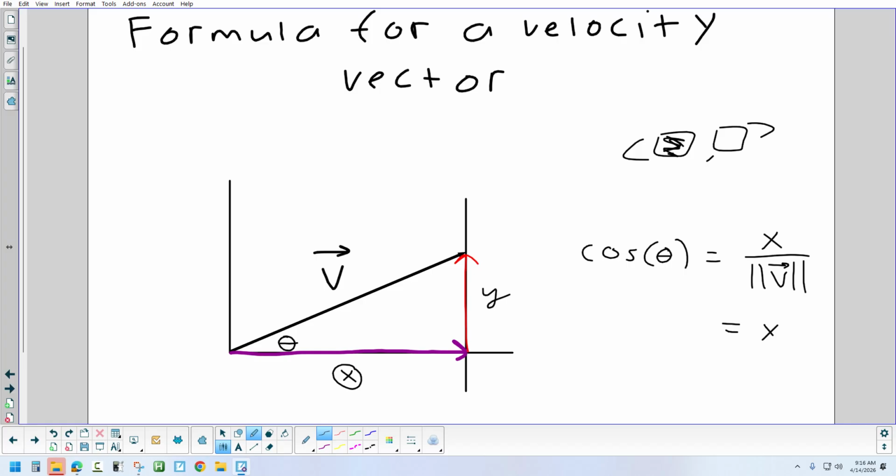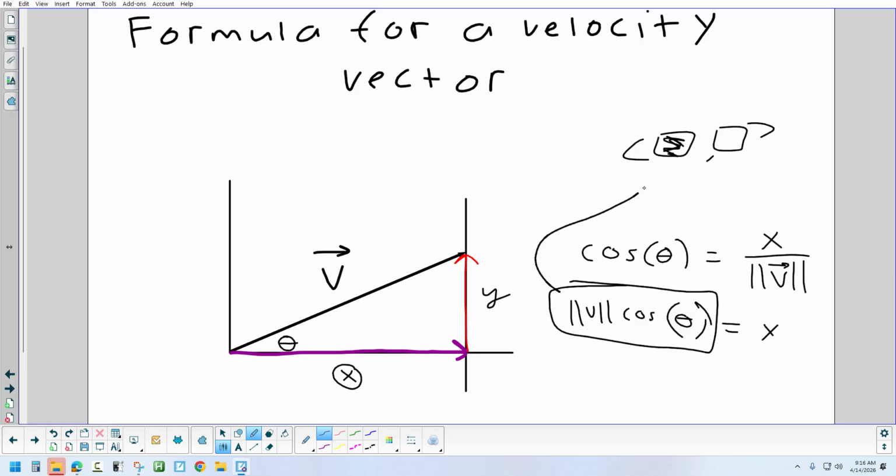What would x be when you solve for it in that equation? Yeah. So I'm going to just put the magnitude in front so there's no confusion about whether it's part of the argument or not. So x is the magnitude of v cosine theta, and that would go right there. And